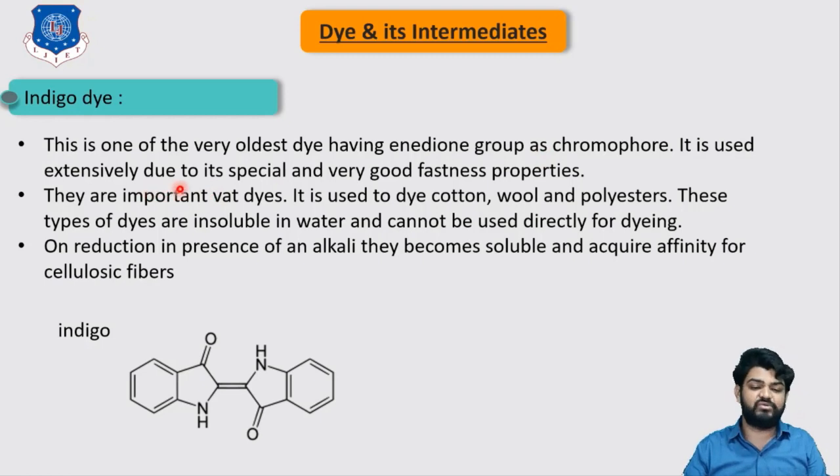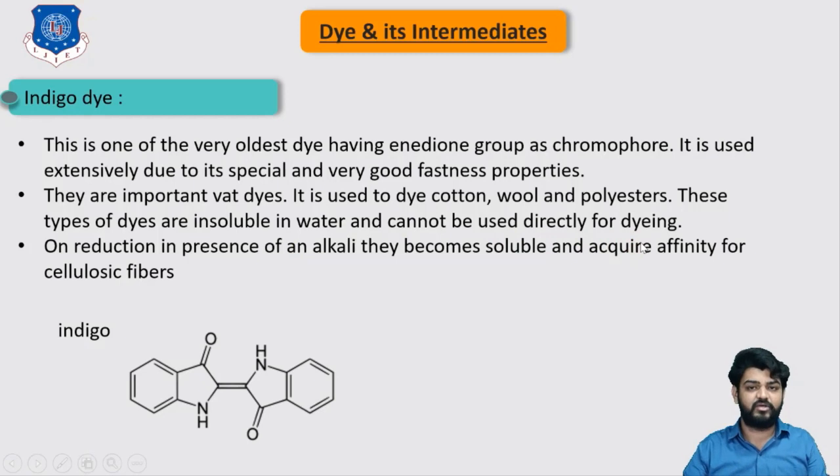It is used extensively due to its very good fastness properties. So these kinds of dyes are largely used because of their good properties. They are important vat dyes, and are used for the dyeing of cotton, wool and polyester as well. So these are one class of the vat dyes which are used to impart color on polyester and cotton, and this type of dye is very much water insoluble